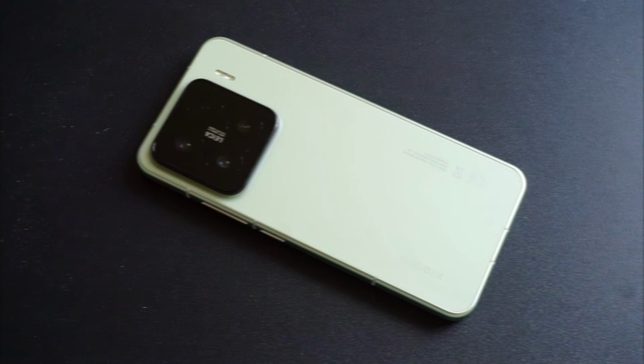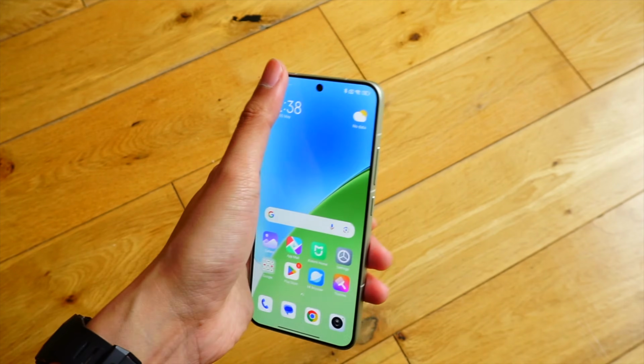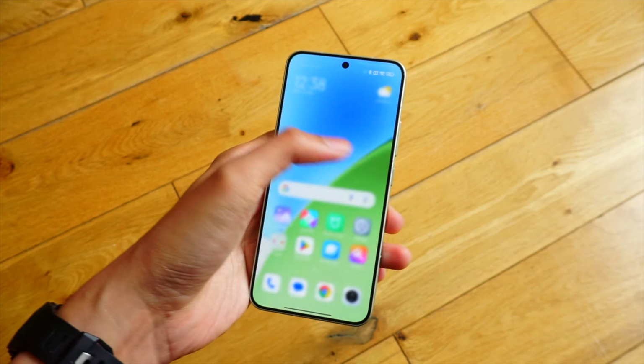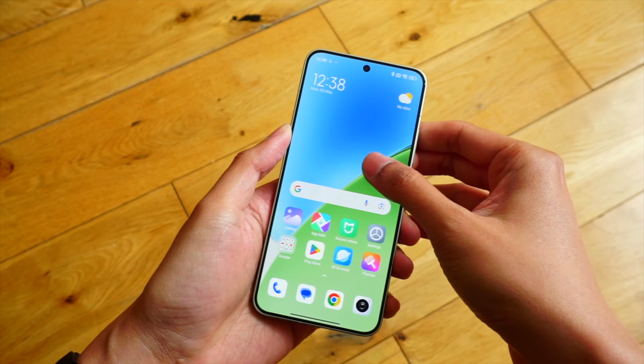a lot more often. For software, the phone ships with Android 15 alongside Xiaomi's own HyperOS 2 with a promise of up to 4 years of major Android upgrades. Xiaomi is known for heavily customizing the look and feel of Android as a whole, and this one is no different. I'm not really a fan of the preloaded apps on the phone, although a majority of these could be